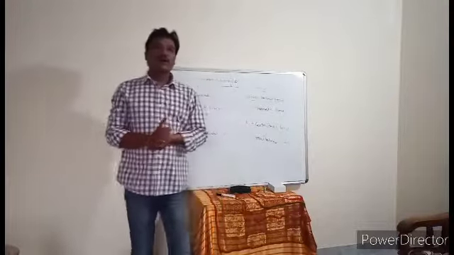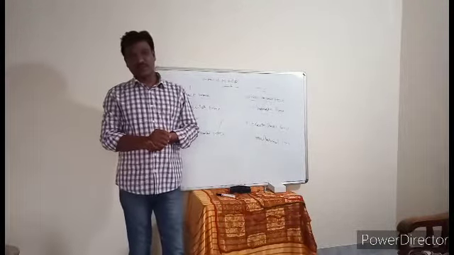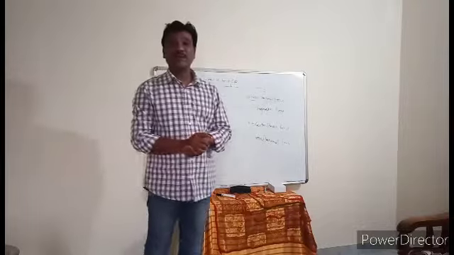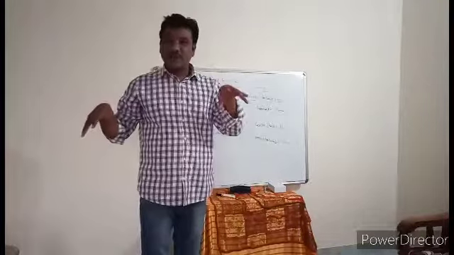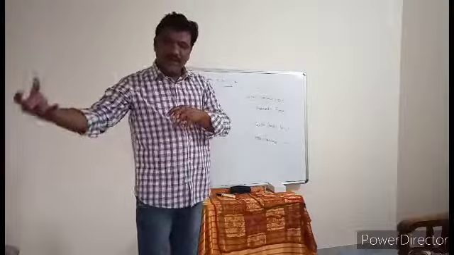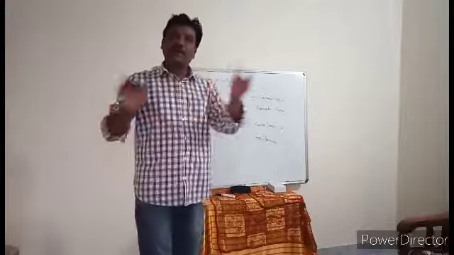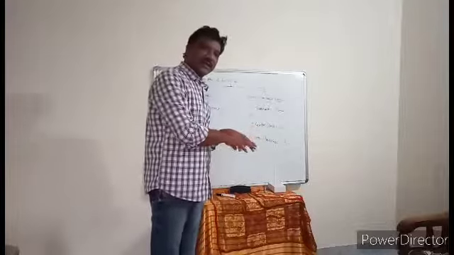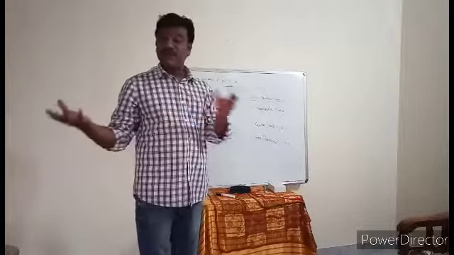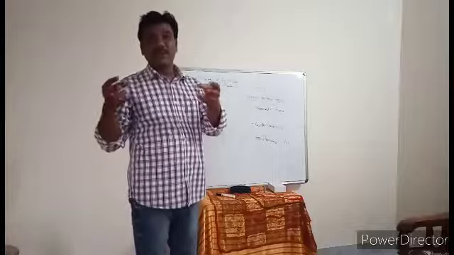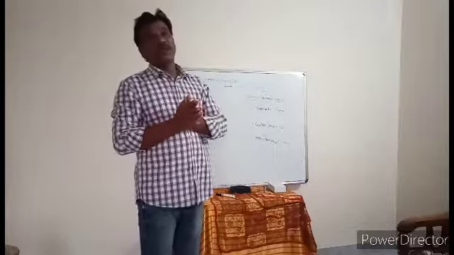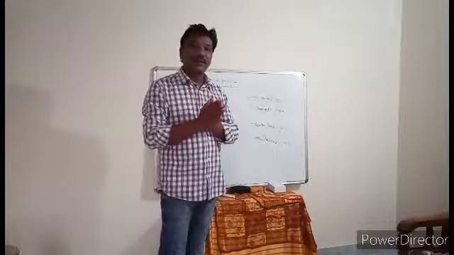Here we have one law, the universal law of gravitation. What it says is that in the universe, every object attracts the other object. For example, a chair can attract the other chairs. One object can attract the other objects. But we can't see that. We can't experience that feeling. Why? What is the reason?